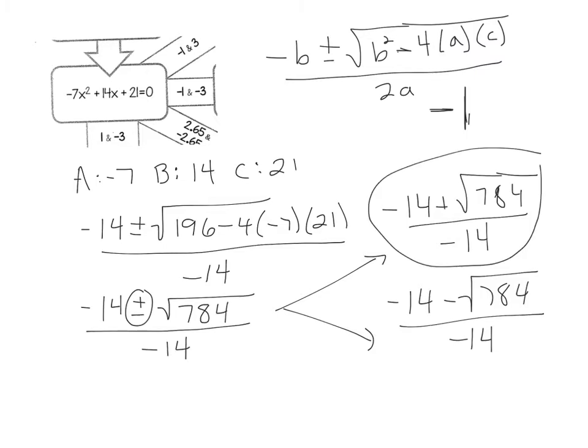Now using the calculator, if I do negative 14 plus the square root of 784 divided by negative 14, I'm going to get negative 1. And then if I do negative 14 minus square root of 784 divided by negative 14, I get positive 3. So my answer for the first one is negative 1, positive 3, and that means we're going to go